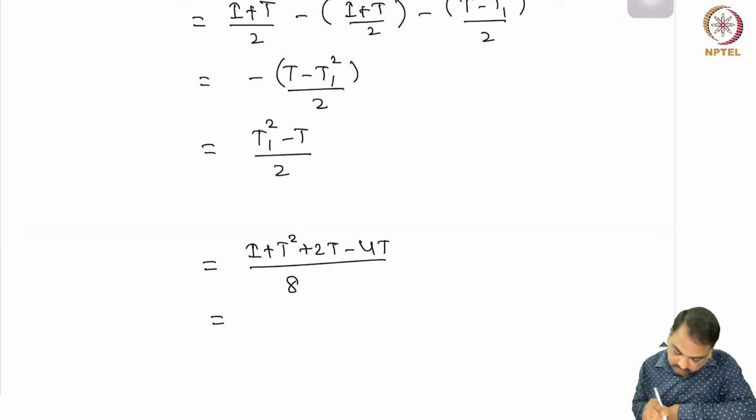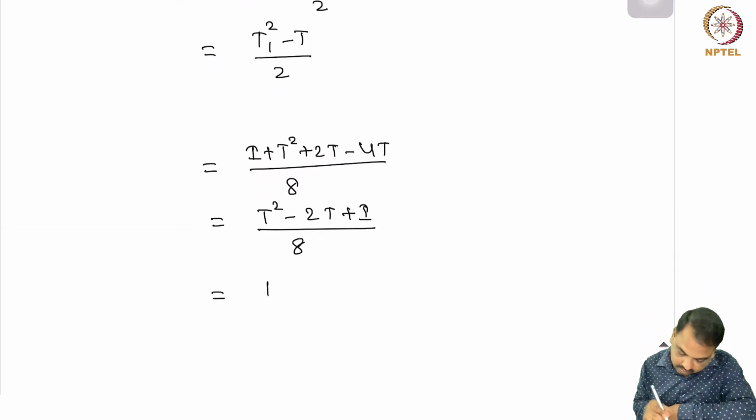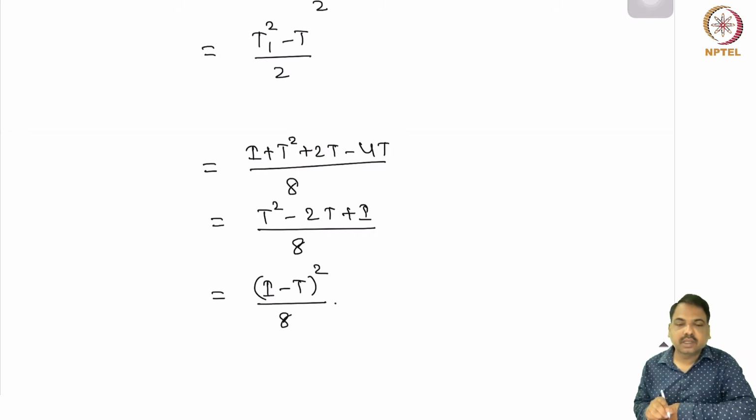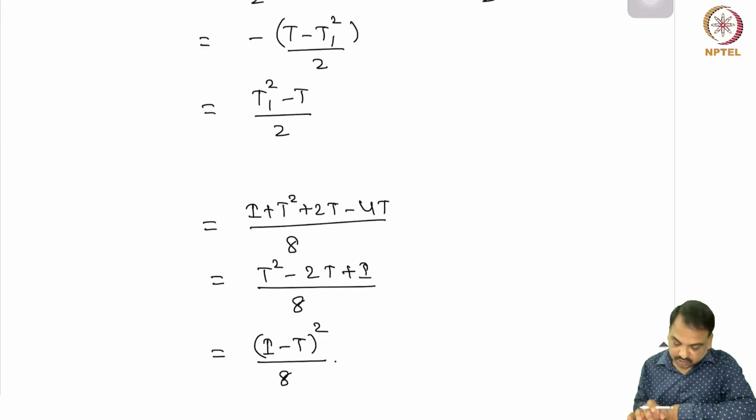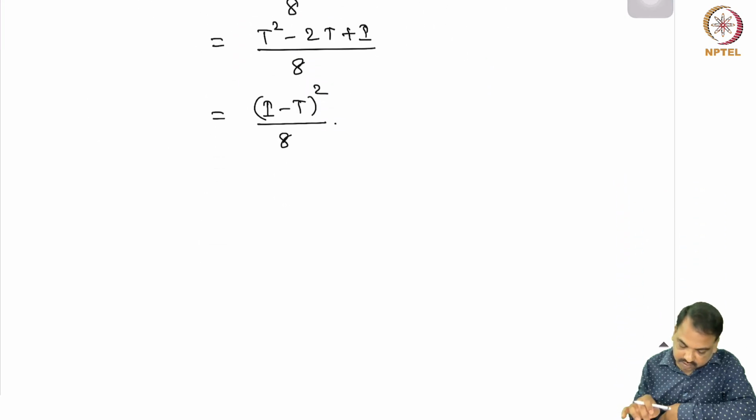So we get T square minus 2T plus I divided by 8, and this is nothing but I minus T whole square by 8. This is a polynomial in I minus T with coefficient 1 by 8, which is positive. So in general, continuing the same way, we can conclude that